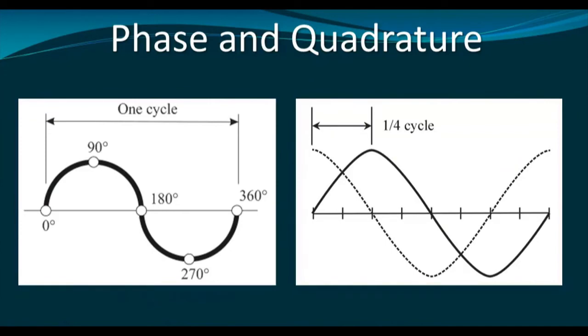And what about the quadrature information? Quadrature, as you know, quad means basically 1/4. So quadrature means 1/4 of the cycle. In case of quadrature information, we also get the information about the 1/4 of the cycle, I mean variations within this quadrature, or variation within 1/4 of the cycle. And if we can measure the phase and the quadrature information, then we can precisely determine the location as well as the brightness of the pixel.